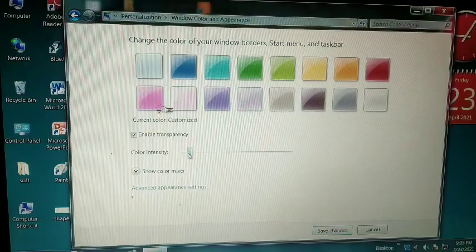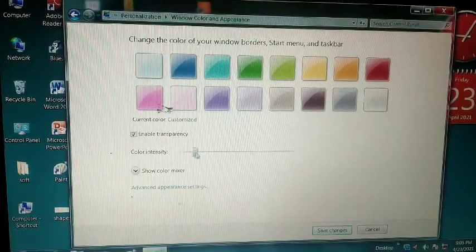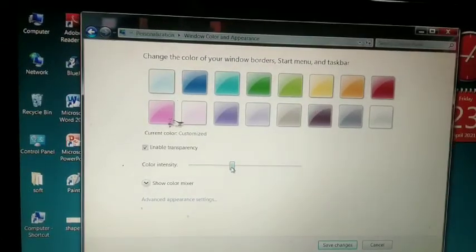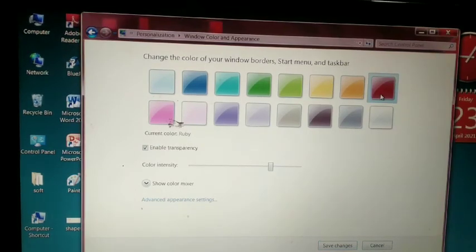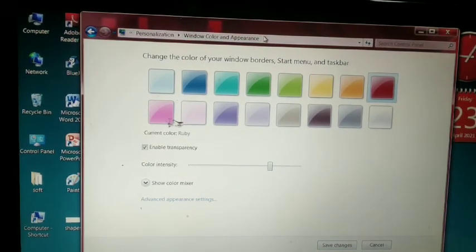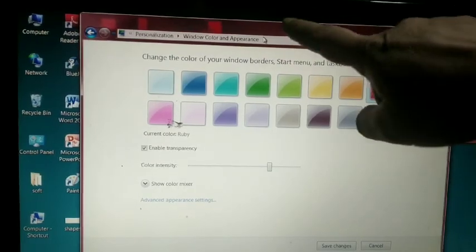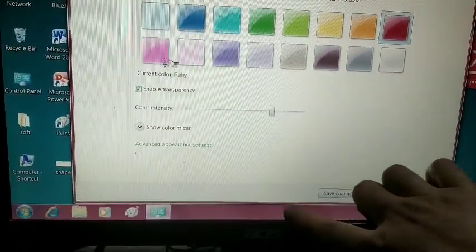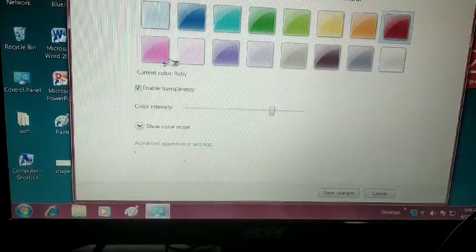If you want a light shade, that also can be done. And you can feel the changes. Suppose this color, so you can see here the window's top part color is changed, and in the taskbar also the color is changed.